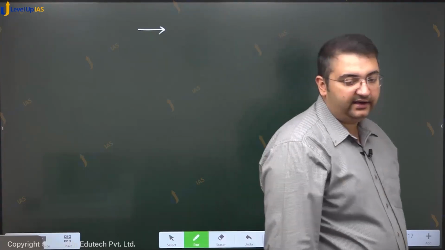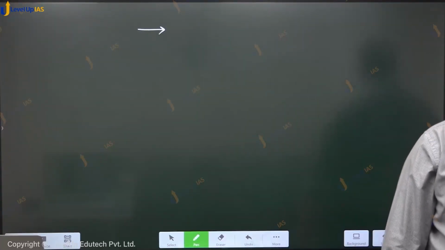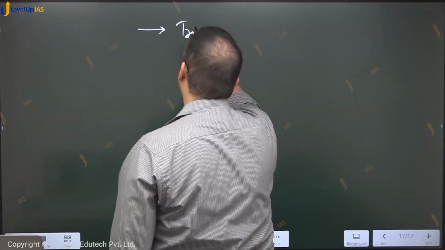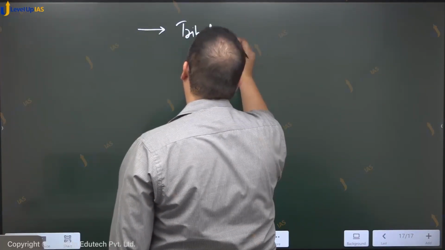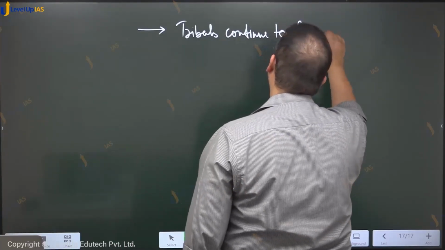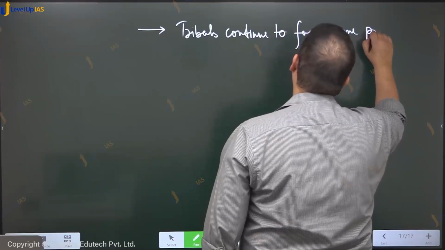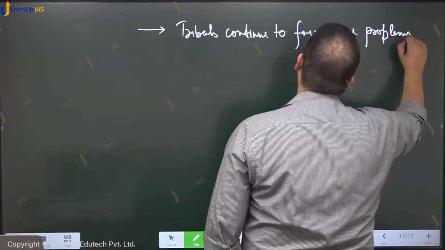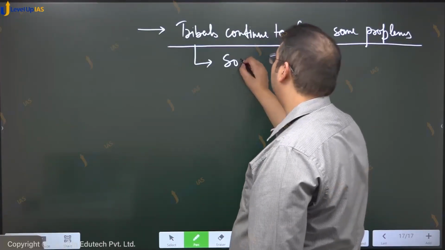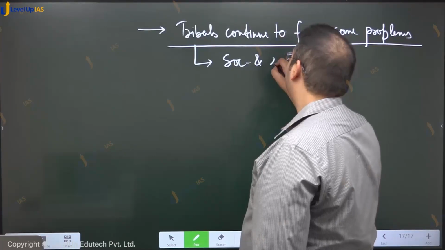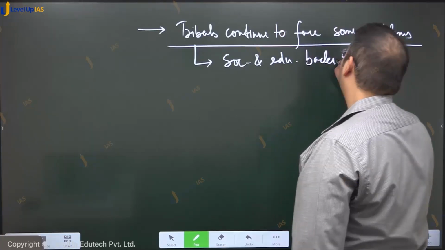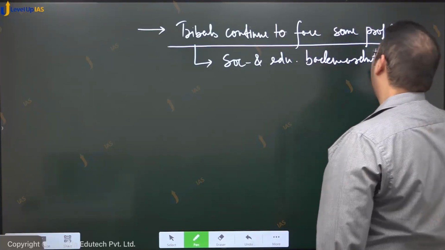However, would it be correct to say that all the problems faced by tribals have been done away with? No. Tribals continue to face some problems. किस तरह का? Social and educational backwardness,